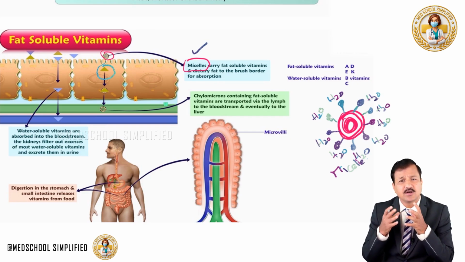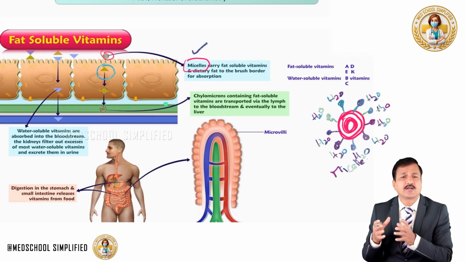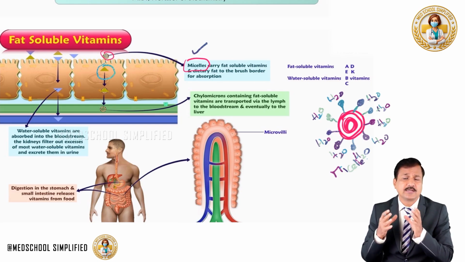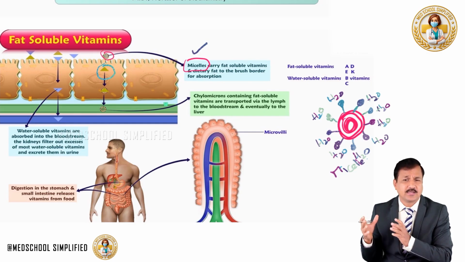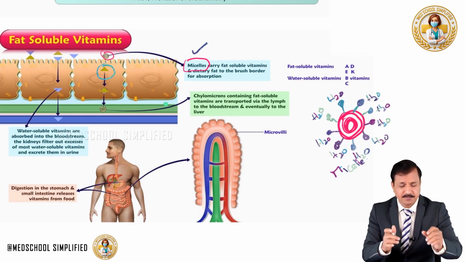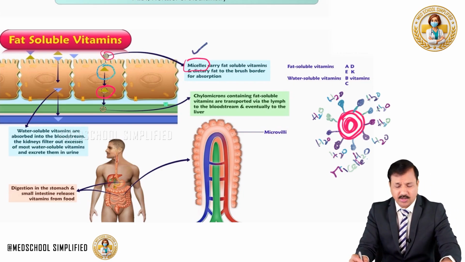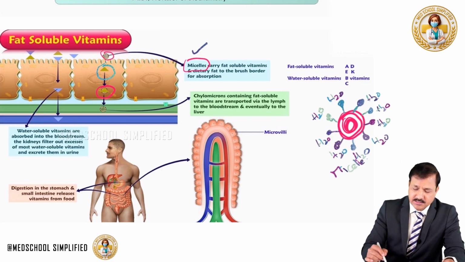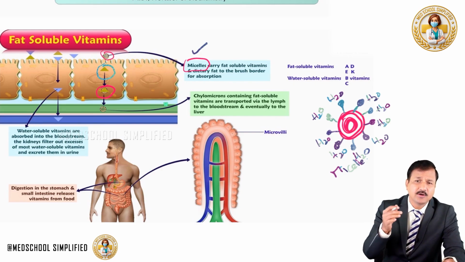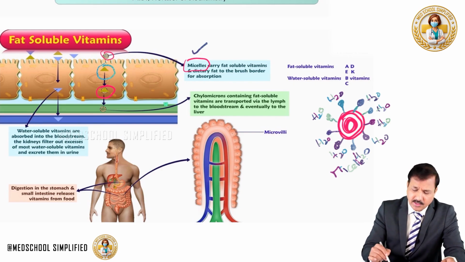So how are these fat soluble vitamins, which are absorbed with the help of micelles and re-esterified within the enterocyte, transported out of the intestine to the liver or any other tissues? There comes a molecule called chylomicron. So the chylomicron has a protein called